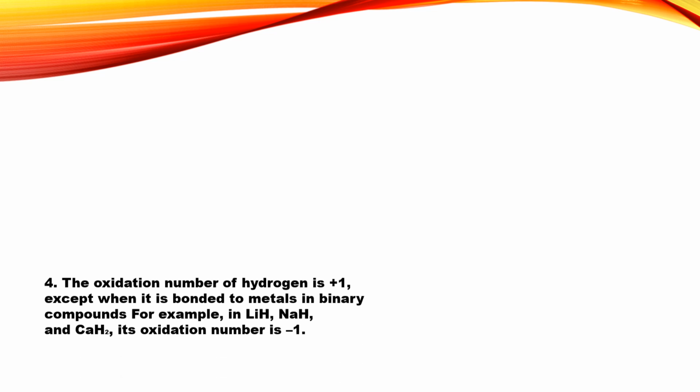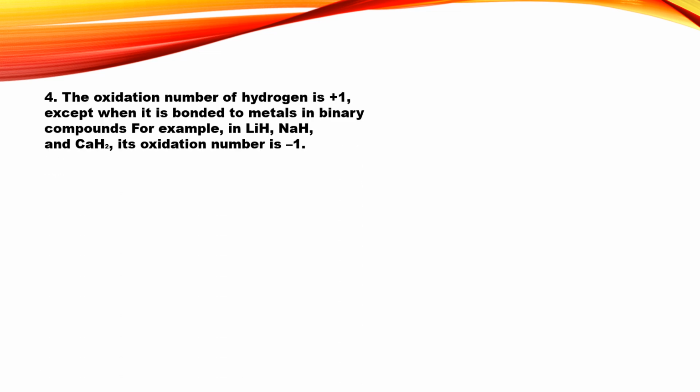So here you can remember one thing, the number assigned to oxygen will depend upon the bonding state of oxygen. That's why the oxidation number changes according to the bonding atom, and the number will be positive only. Now the fourth rule: the oxidation number of hydrogen is plus 1 except when it is bonded to